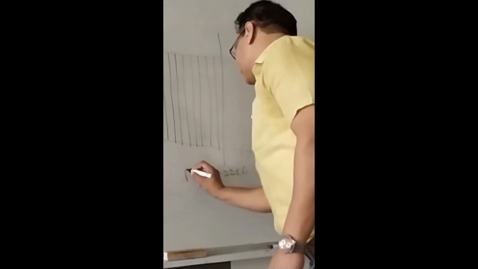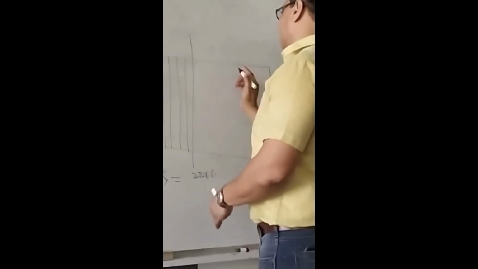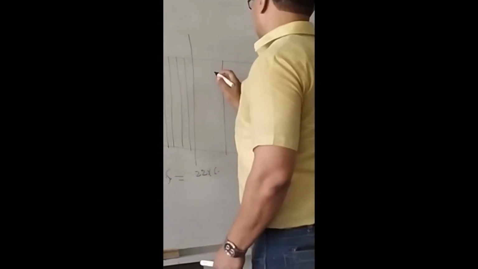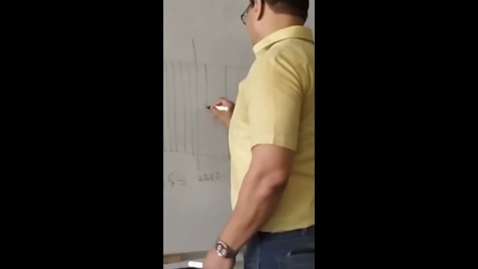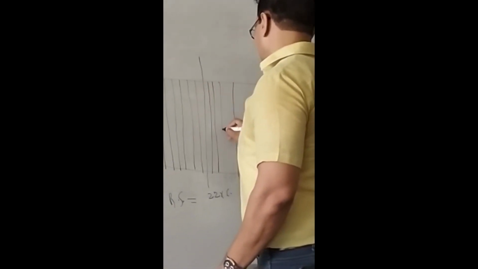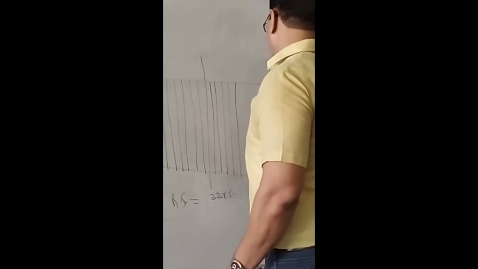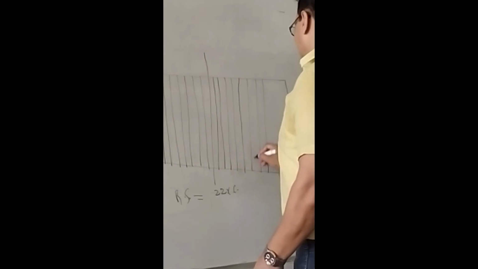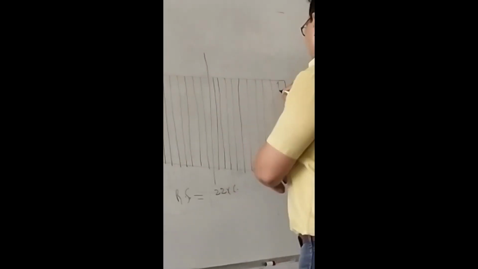So repeat size is 22 into 6. I am drawing it, 22 into 6 repeat size. You have to write all of the above. Now half of 22 is 11. How to make 11? 11 is 5 and 6. So left side is 5, and this 5 is 2 and 3. Half of 6 is 3, and then divide into 2 lines. So this becomes 11 this side and 11 that side, 22.